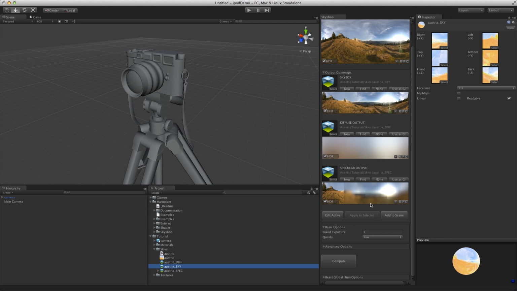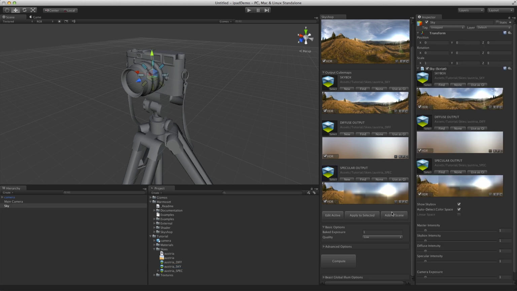This is all we need for image-based lighting in our scene. You can now add a light object to your scene by either going through the Game Object Create menu or simply clicking Add to Scene. And we will see